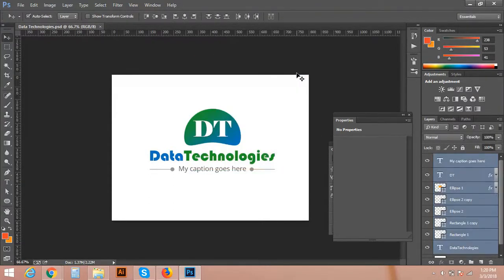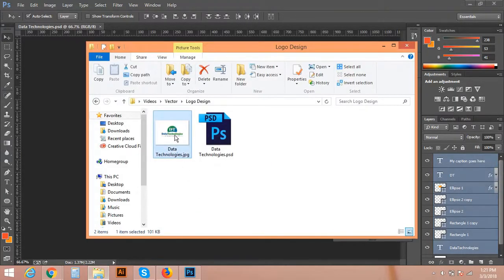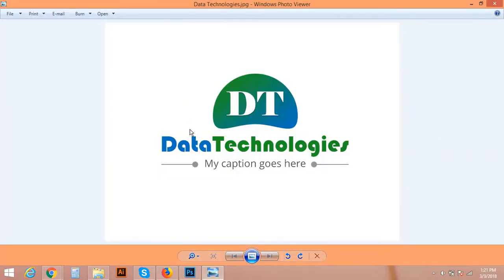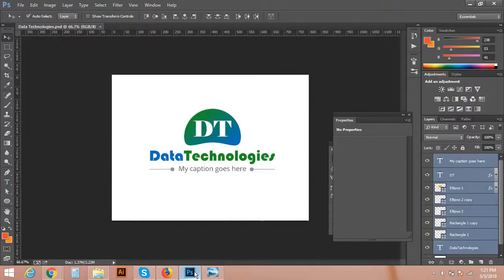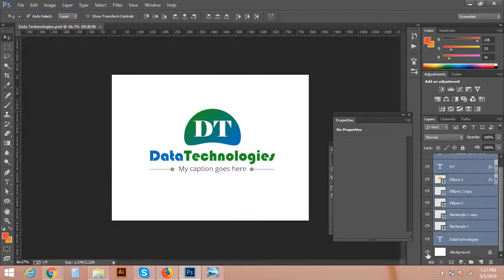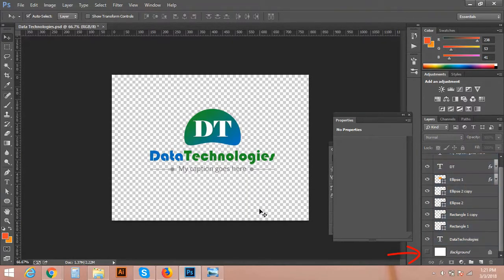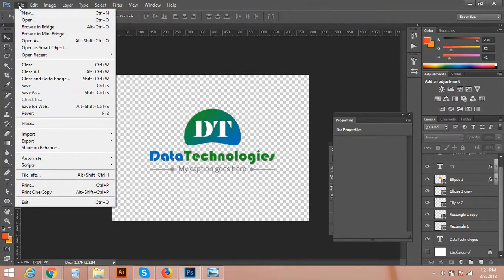Okay, but if you need a transparent image of your logo, currently as you can see it is a JPG image and there is a white background behind it. So if you want to save a transparent image, just hide your background layer from here,